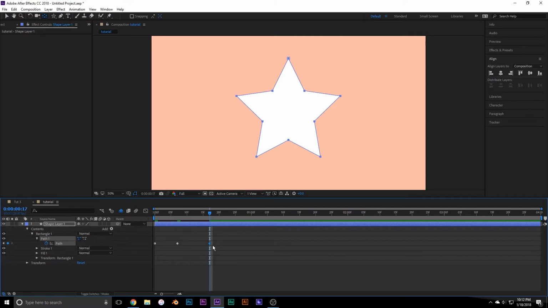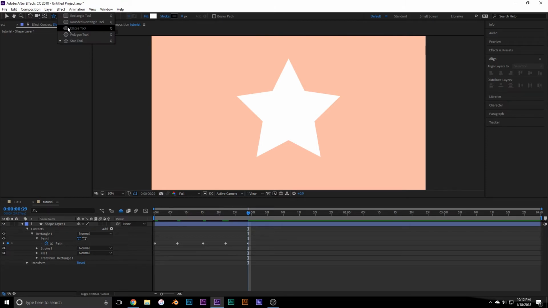So I'm just going to paste this keyframe, the star keyframe, go back, copy the triangle keyframe, move over 1, 2, 3, 4, 5, 6, 7, paste it, and then put the star keyframe 7 frames ahead. And then it's just a repeating process. Copy, go over 7 frames, paste,